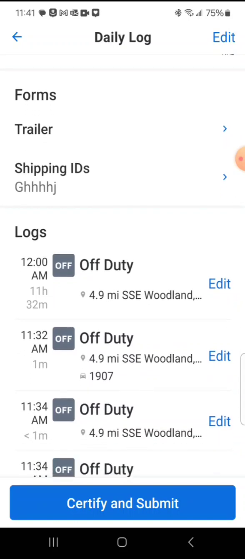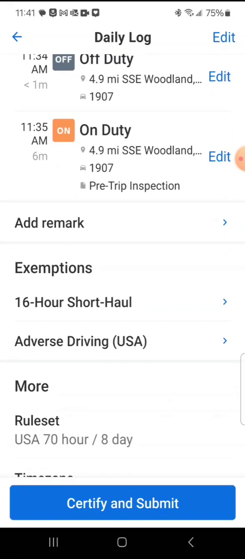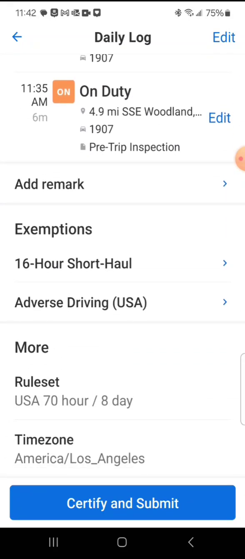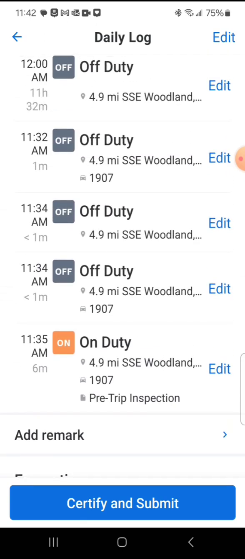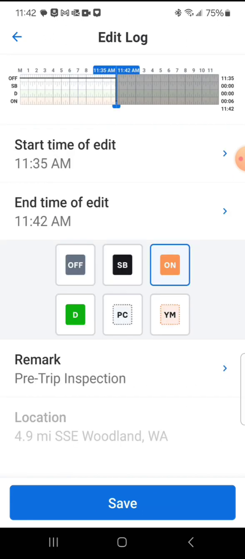Make sure that your bar graph is accurate. Then you would come down and hit the Certify and Submit button. This is also where a driver can edit on duty, off duty, or sleeper berth. So you can click the Edit button next to the line that was incorrect. You can change your duty status to what the actual status was. Or if you just needed to change a time, you could click on the line that has a start time